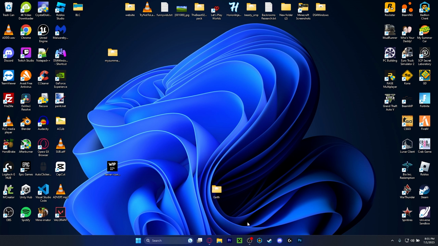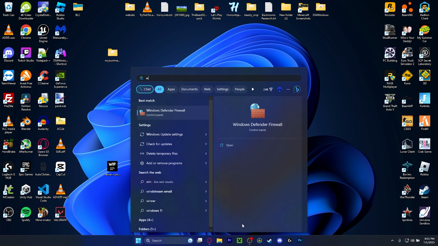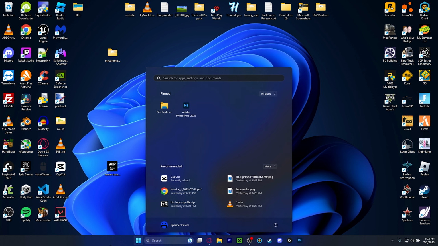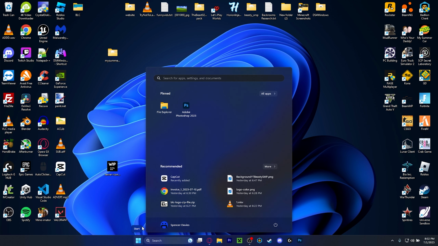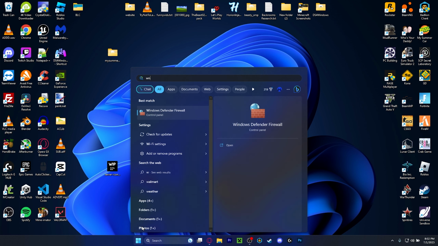You want to know how to fix unlicensed Photoshop copies? Telling you that it's going to be unlicensed or going to be disabled soon? I gotcha. First, go to the Start menu by hitting the Windows key or this button or whatever it looks like. And then you go to Windows